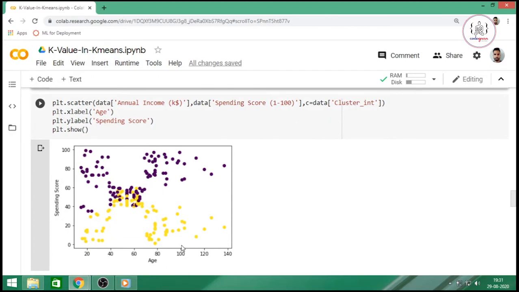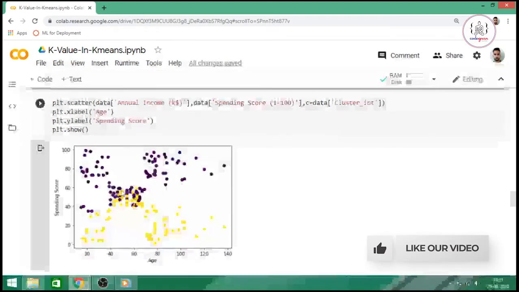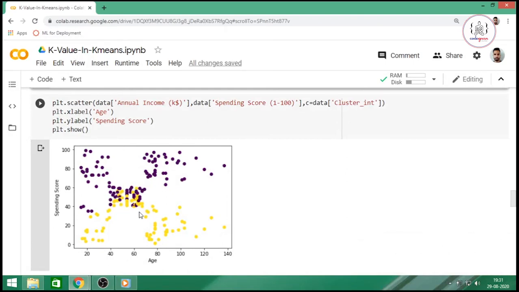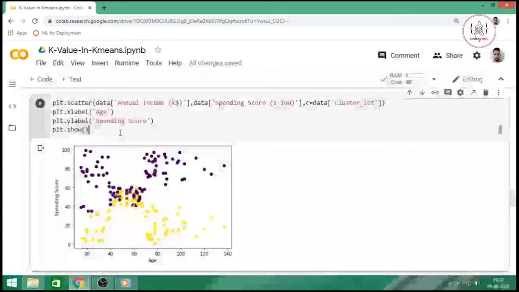So this data has been grouped in one cluster and this has been grouped in another cluster, and here, if you see, this is doing a fine job as it is able to separate these data points. But there is some overlap here, and let's say what about the scatter or variance between these data points here? If you calculate, these are far away from each other, right? So you can select a different number of k.